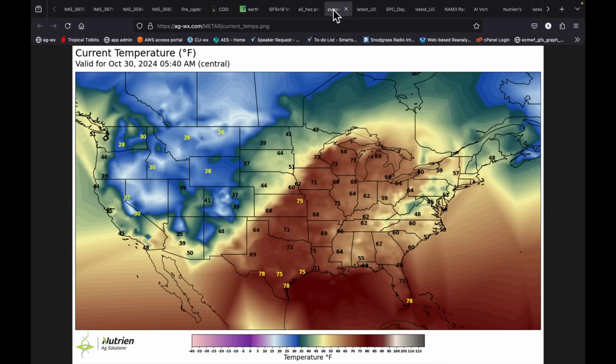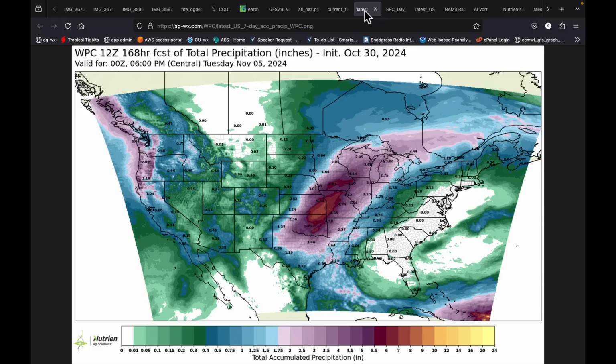And the temperature contrast this morning is incredible. If you take a look at it, we've got 26 degrees in parts of Montana, but in the warm sector, we've got 70s already, early, 5:40 a.m. Central Time. So this is what's going to get us set up for a pretty active go of it.